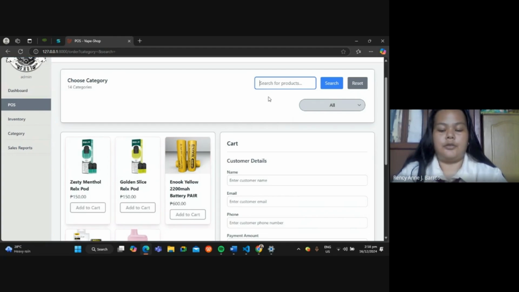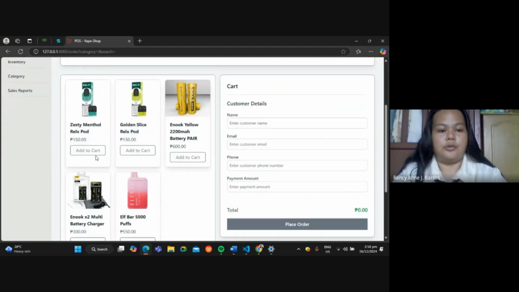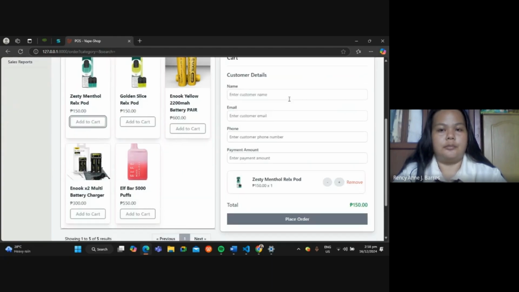The seventh function is the add to cart and removing functionality. In this interface also, you can add products to the cart here.